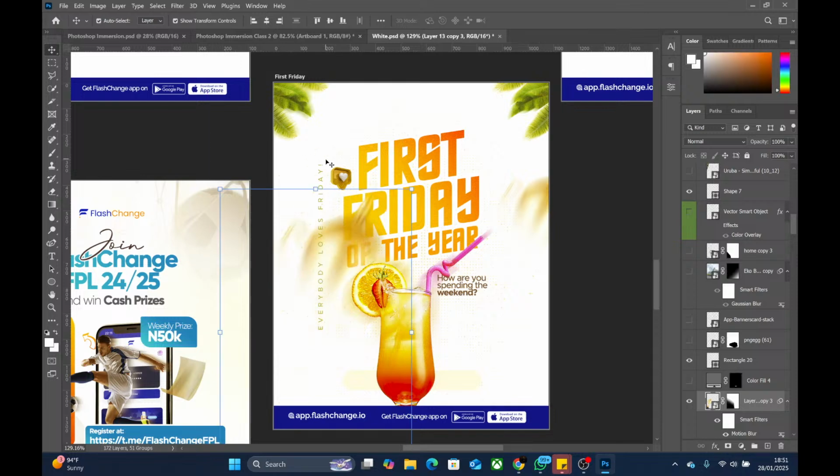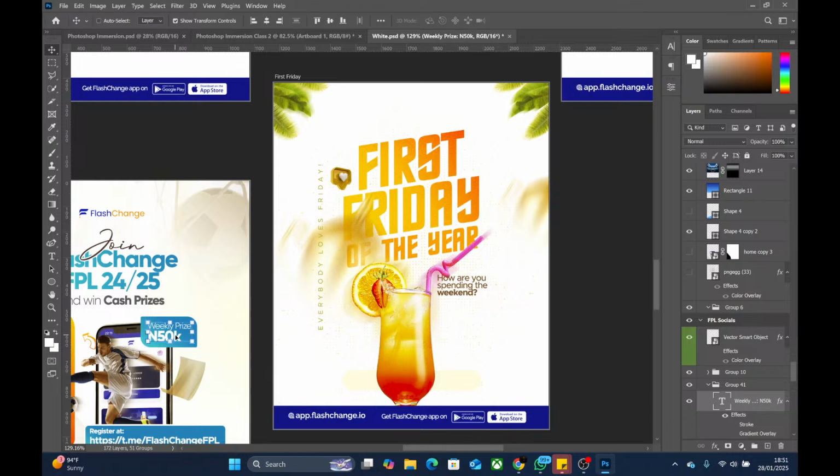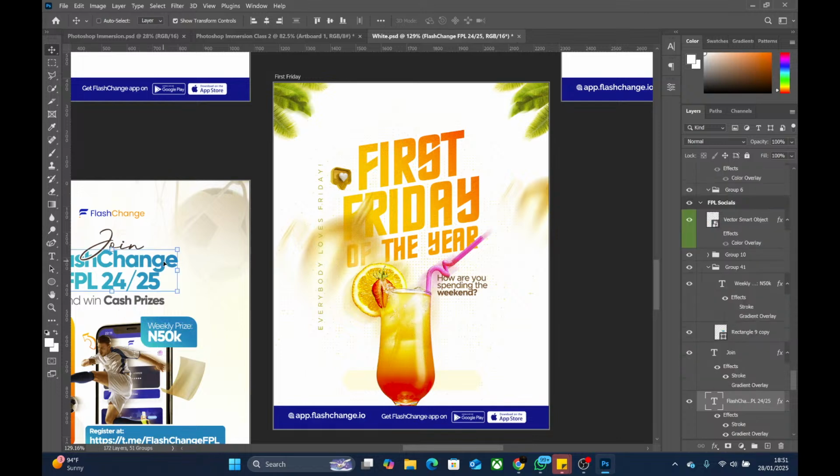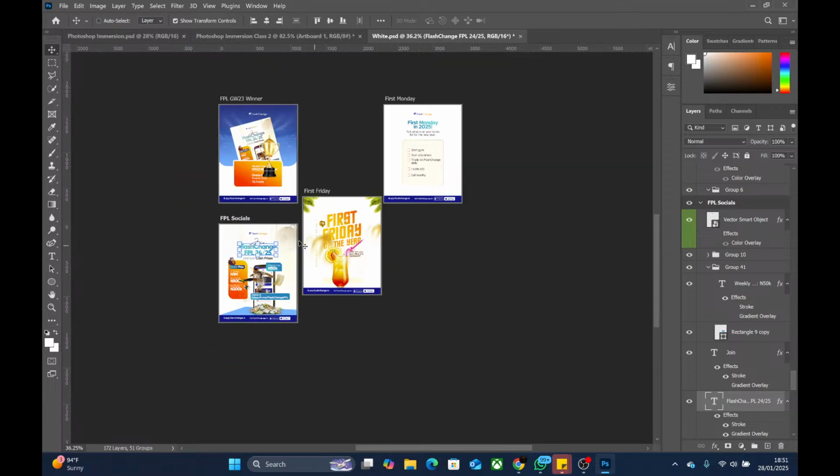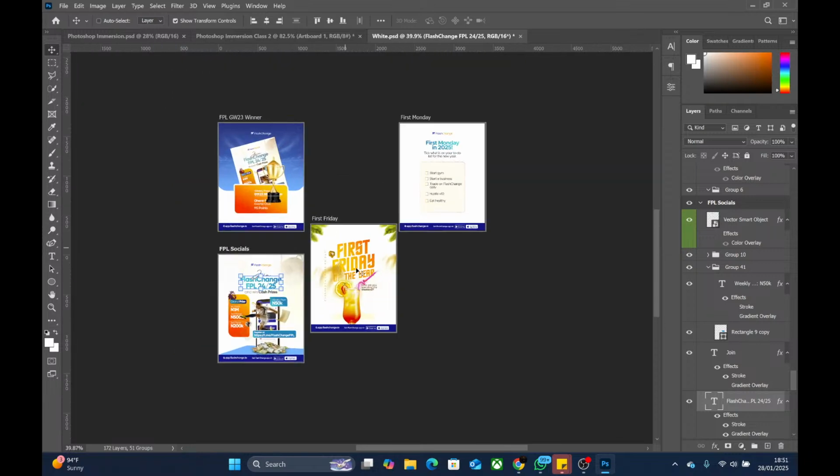Another thing is that if it is not checked, what you can do is put your hand on the control button on your keyboard, hold it down, and then click on anything you want to select. So I can click on this 50k and then it will respond to me. Can you see? If I hold my control button on the keyboard and then left click on anything, it will select it. Do you understand now? So that's how the move tool works.